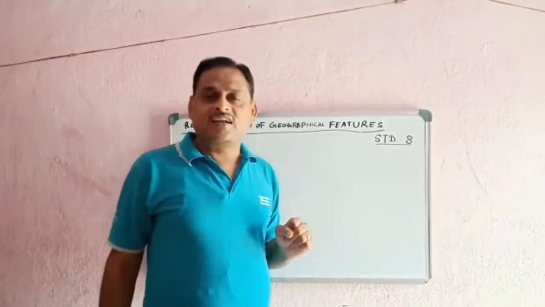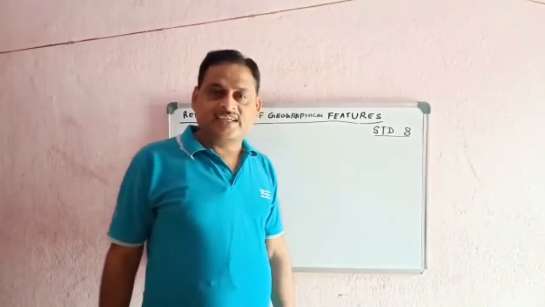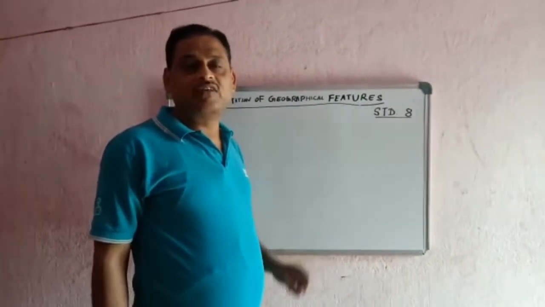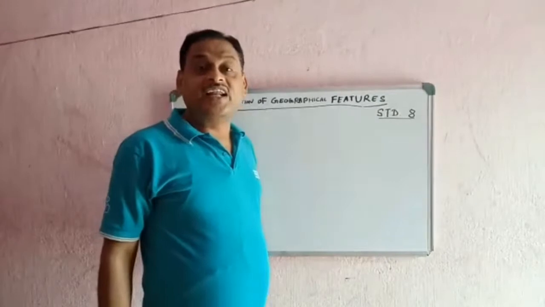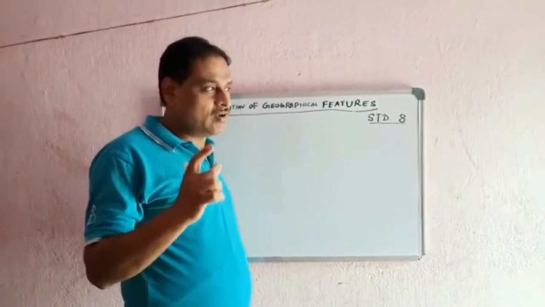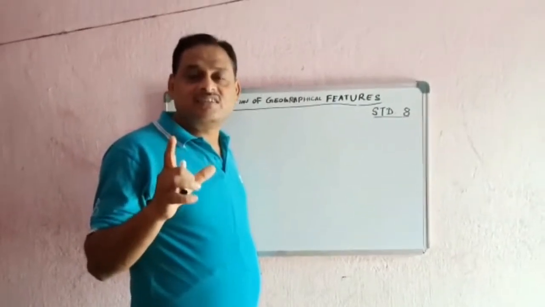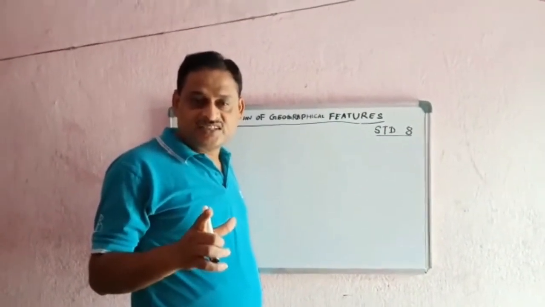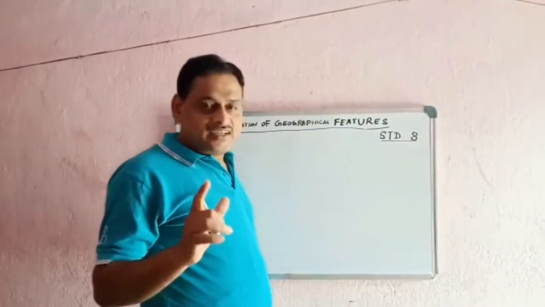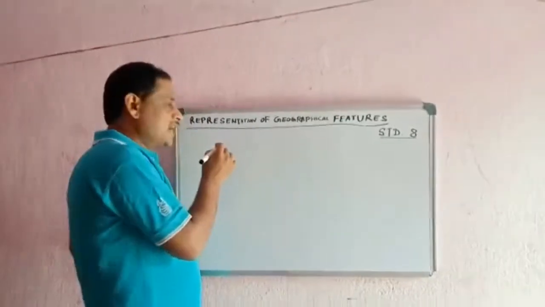Actually, maps are a graphical representation of the world or a section of the world. As a representation of the world, maps are compressed versions of the real world, meaning that a large piece of land is recreated onto a smaller piece of paper or a digital file. The relationship between the real world size of a geographic feature and its representative feature on a map is known as scale. I want to make you understand there are two types of scale.